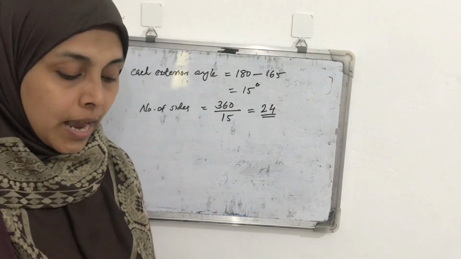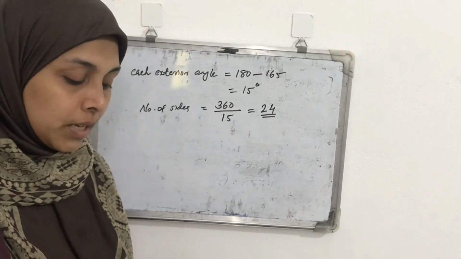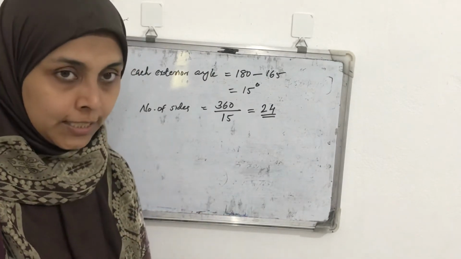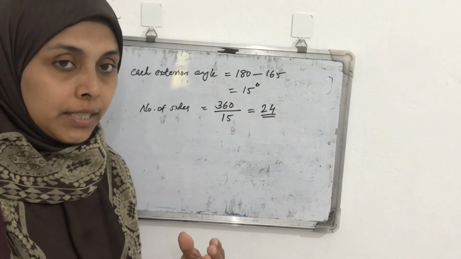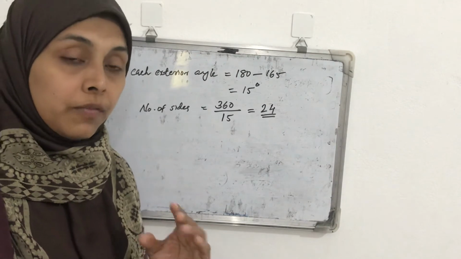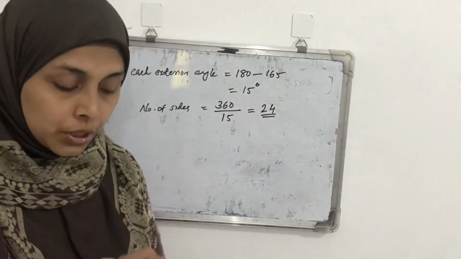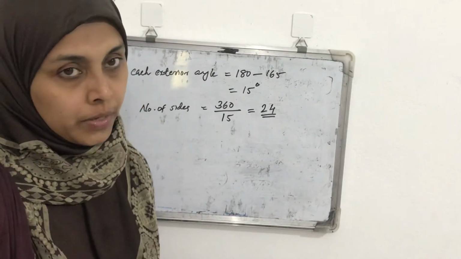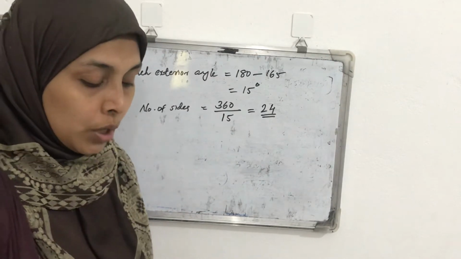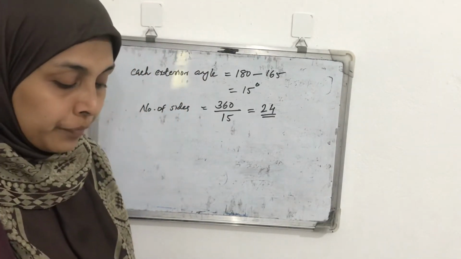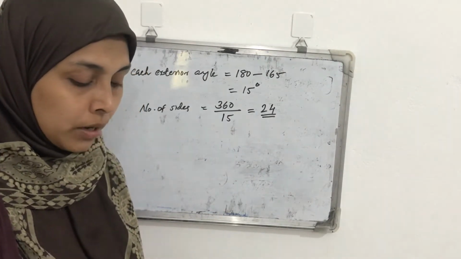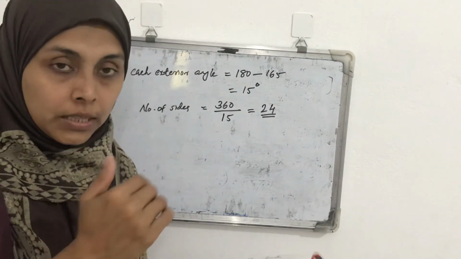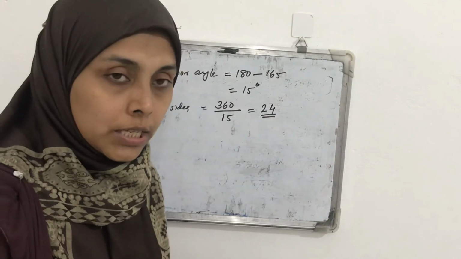If each exterior angle is 22 degrees and it is a regular polygon, the sum of the exterior angles, we know, will be 360 degrees. So when we divide 360 by 22, we can check whether we get a perfect number or not. Otherwise, is 22 a divisor of 360? When we divide 360 by 22, it is not divisible, so it is not possible. It is not possible to have a regular polygon with each exterior angle as 22, because when we divide 360 by 22, we will not get a perfect number.